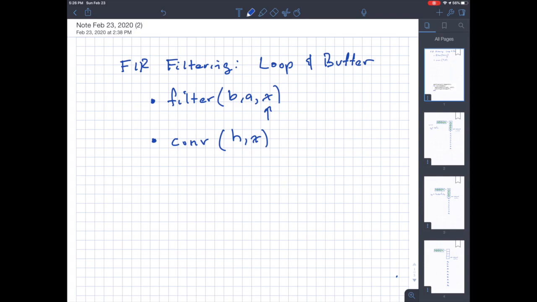The goal of this video is to explain how to implement an FIR filter using a looping structure with an input signal buffer. You may ask, why not use the regular filter command coming out of MATLAB or the convolution command within MATLAB? Well, the reason we can't do that is because often what we're doing is filtering within a loop, and the input signal depends on some updated adaptation parameter,